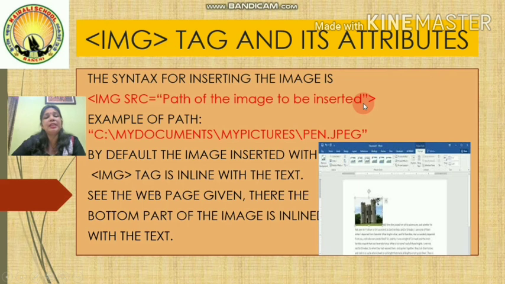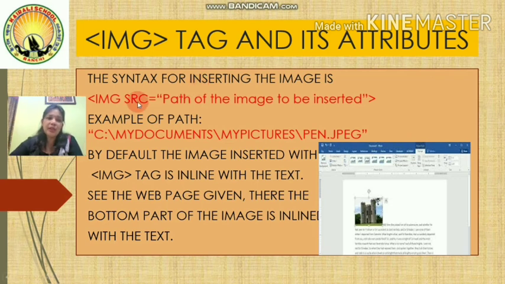As you did for setting the background of the web page, I think we have already discussed what you understand by the path of a file. Here the image size can be controlled, whether you want it in a small size or big size. But when you were setting it as a background, it was capturing the whole area of the web page. Inserting it in a web page is different from the background.